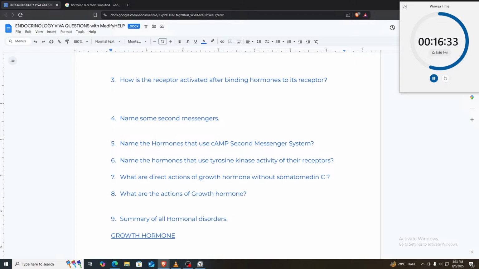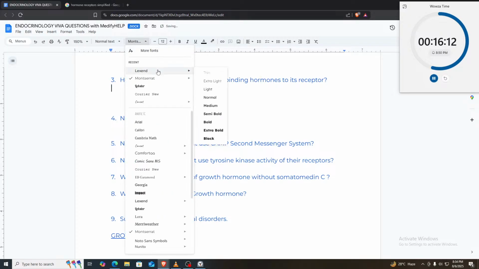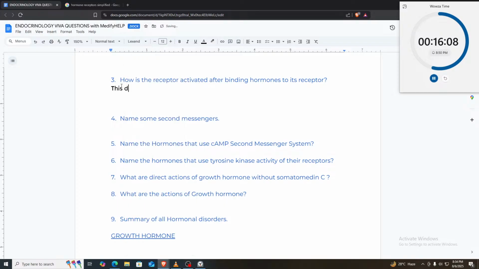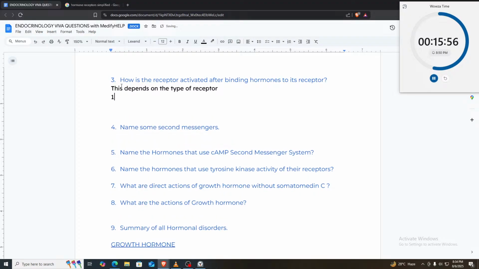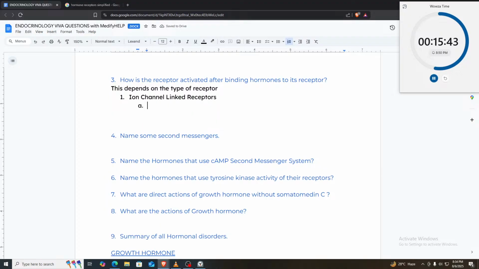Yeah, it's pretty interesting. So now here, when it says hormones binding to a receptor, of course you shall start off with the simple fact that this depends on the type of receptor, and then of course you'll begin with ion channel linked receptors, talk about them. Hormone binds, and